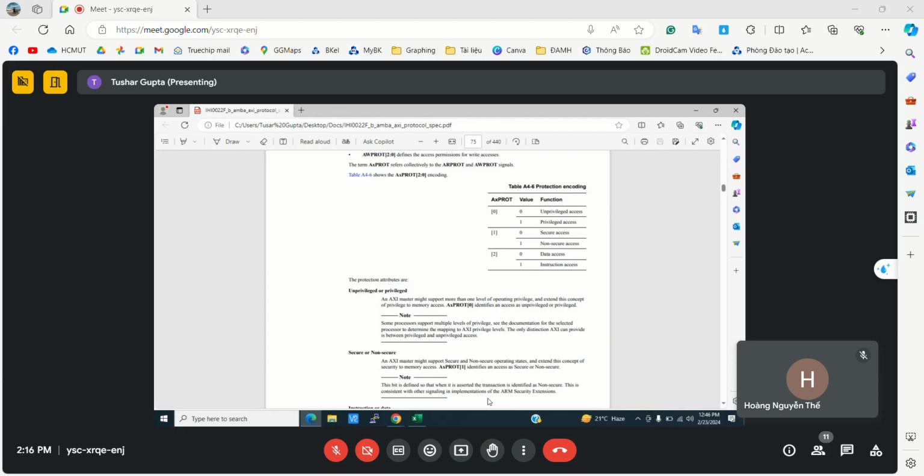So if the unprivileged master is trying to access the privileged things, that is not applicable. That is an illegal transaction, same as a non-secure master cannot access a secure region. तो even if वो unprivileged master privileged places को access करने की कोशिश करता है prot 1 करके, privilege access करके, that will be a slave error. ठीक है, बट अगर सीपीयू privilege part को access करेगा तो वो prot 1 करके